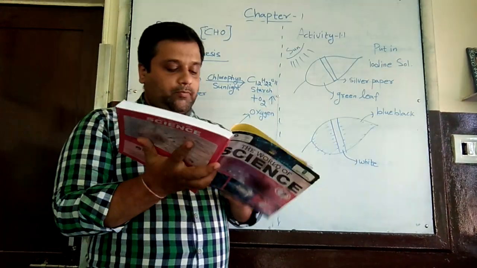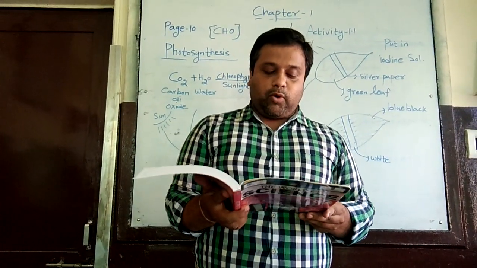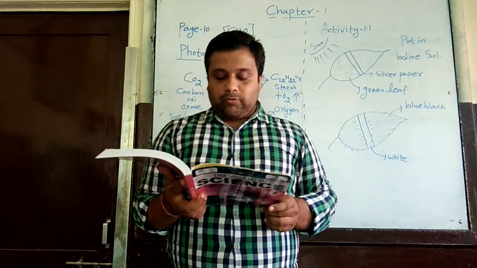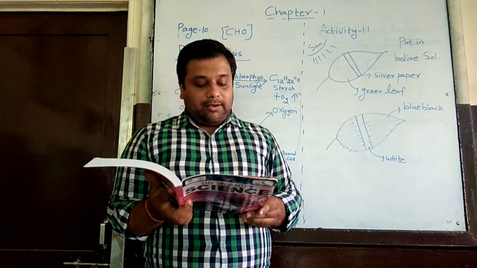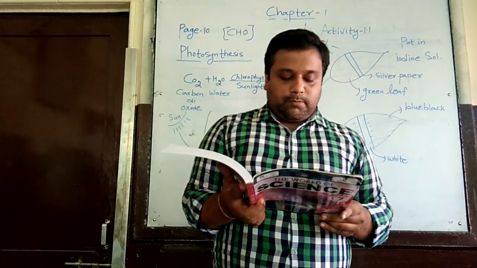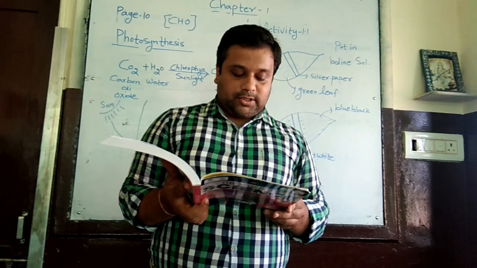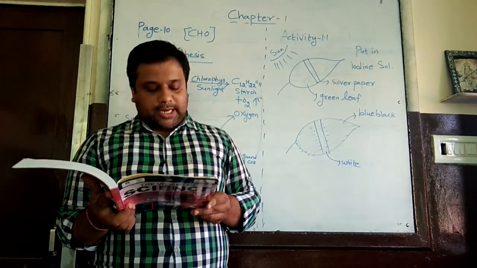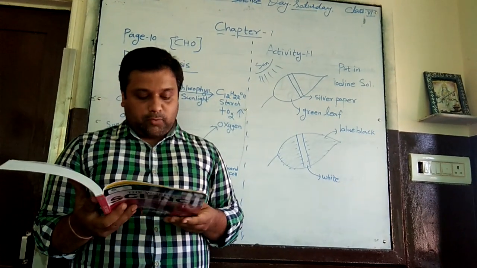What activity is told? Just go through this activity also. To show that light is necessary for photosynthesis. What materials are required? A potted plant, black paper, clips, alcohol, water, test tube, beaker, and iodine solution. These are the main materials required. Place a potted plant in the dark for 48 to 72 hours for de-starching. Cover part of a leaf on both sides with black paper strips and place the plant in sunlight for 3-4 hours.